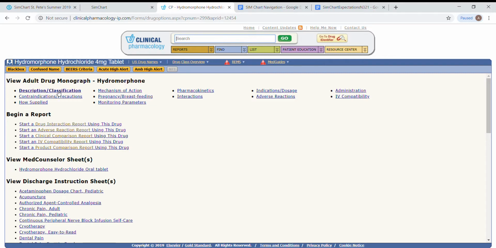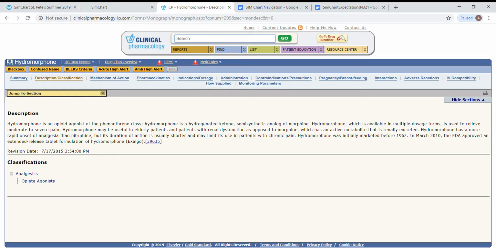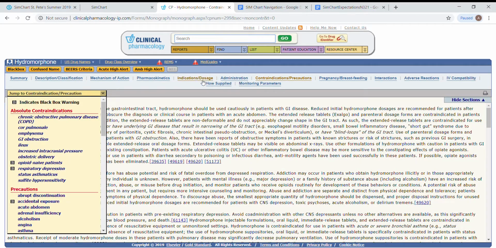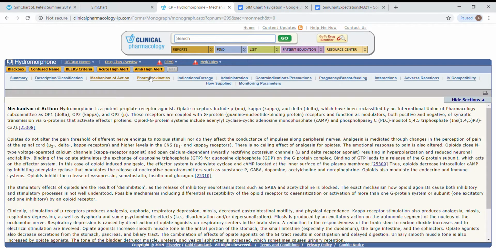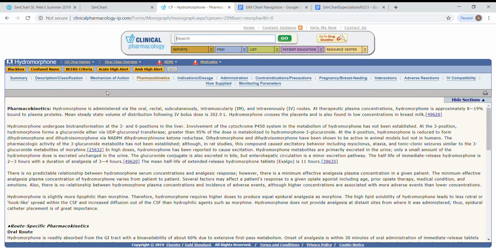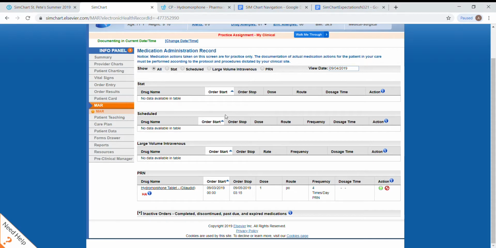It tells you the description, the classification. It tells you everything right here: the contraindications, the mechanism of action, pharmacokinetics, and when you go into your SimChart to do your medications, that's what you're going to be putting into